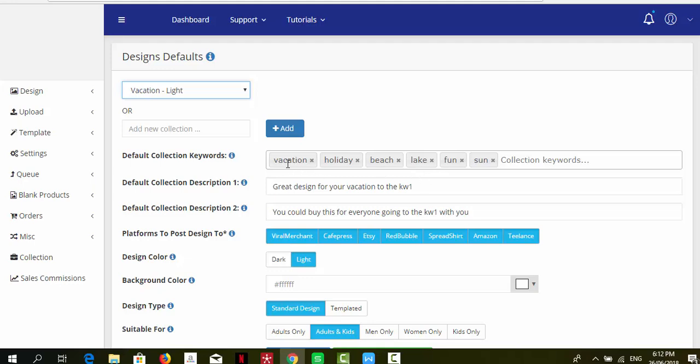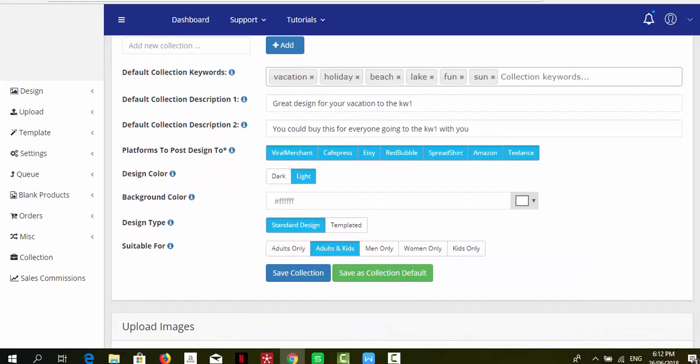So you'll see we've got some default keywords for that whole collection, which are vacation, holiday, beach, lake, fun, sun. And then we've got what we call a default collection description. So it'll say great design for your vacation to the, and then we have what we call a placeholder for a keyword. So the first keyword for each design that we're about to set will be used as a variable